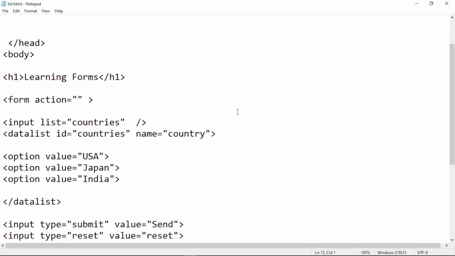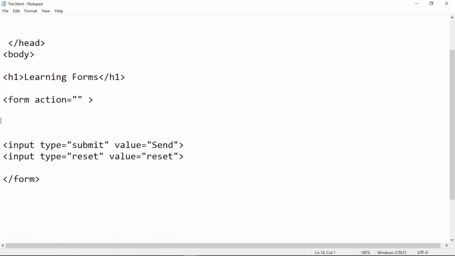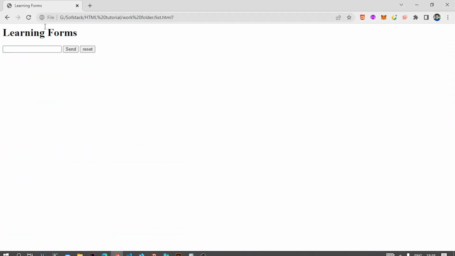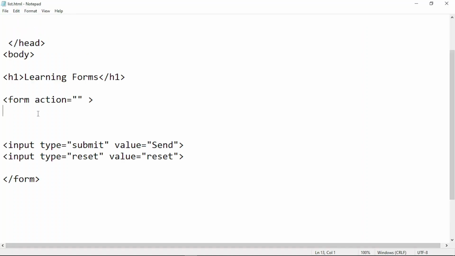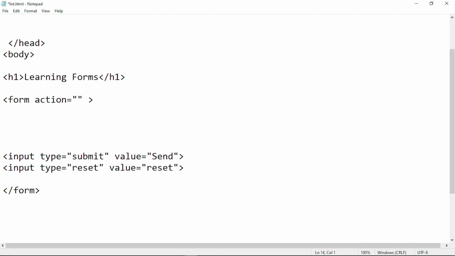So hello everyone, in this video we are going to learn about some different attributes we can use. So let's start that. We have to remove the previous one, and now the code should be normal. Yeah, you can see that. Now we have one more thing here, that we can also specify input type text here,